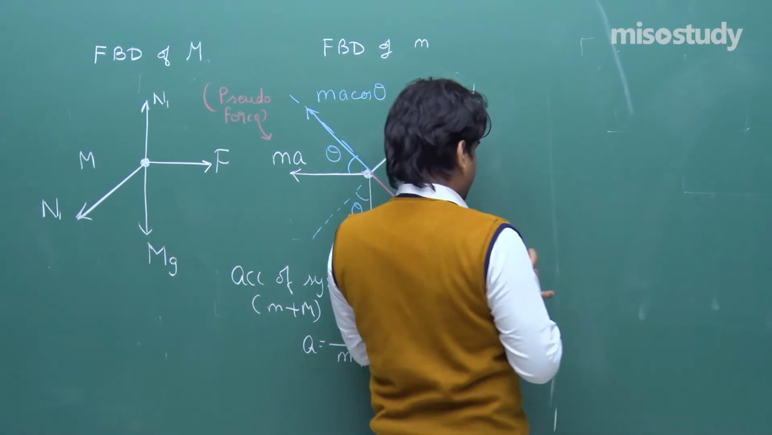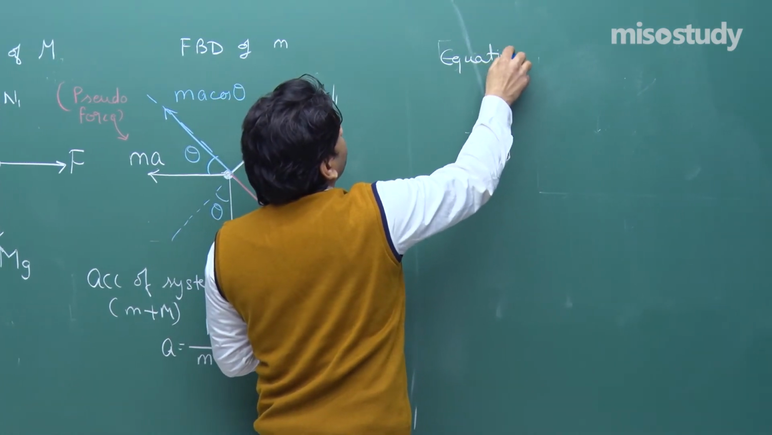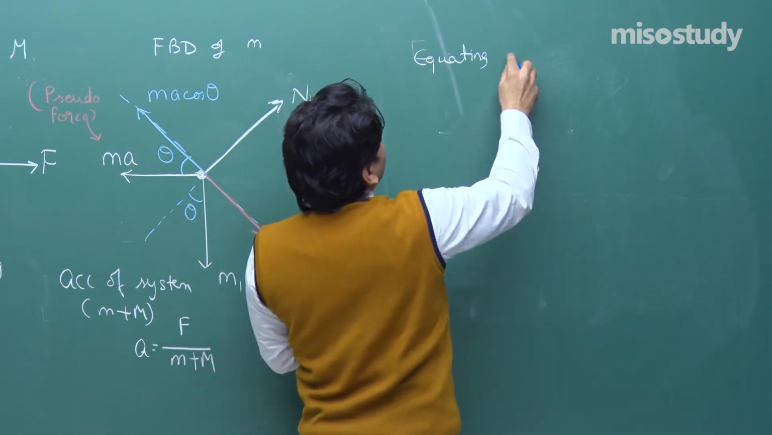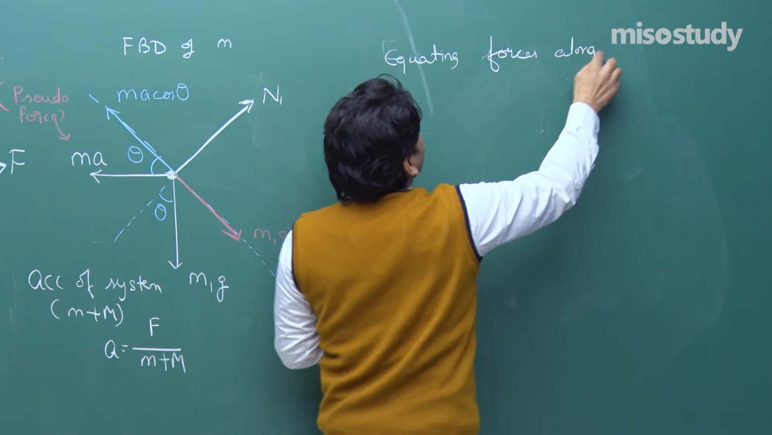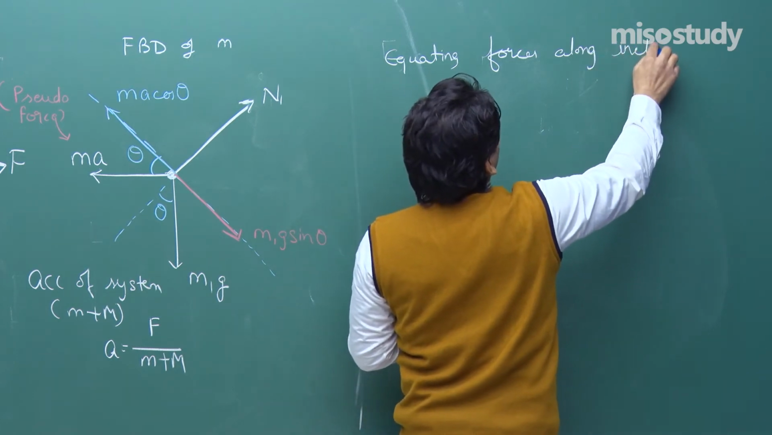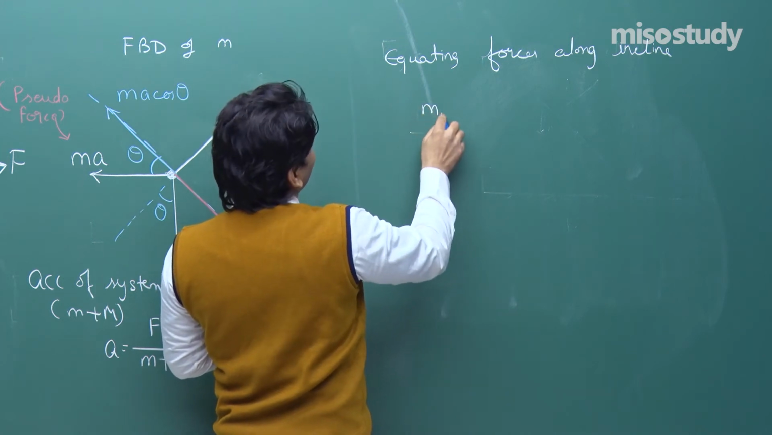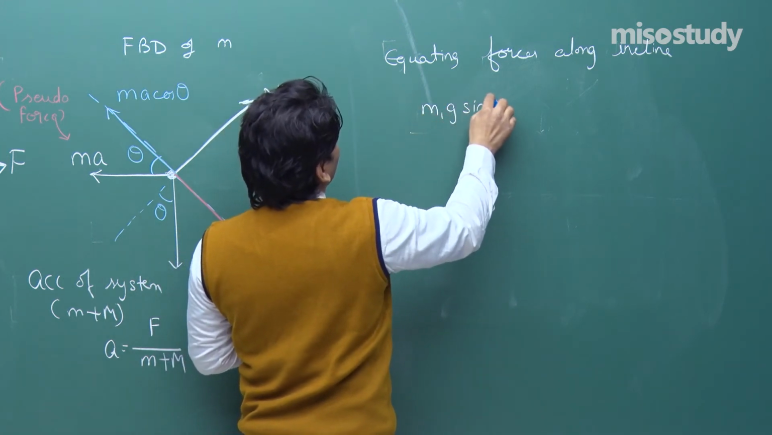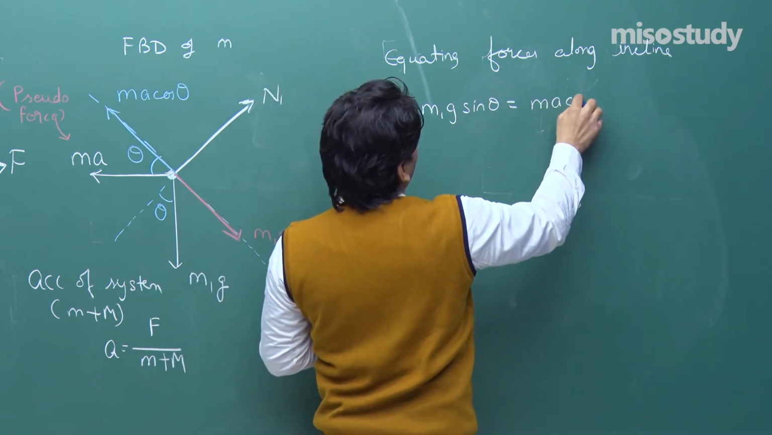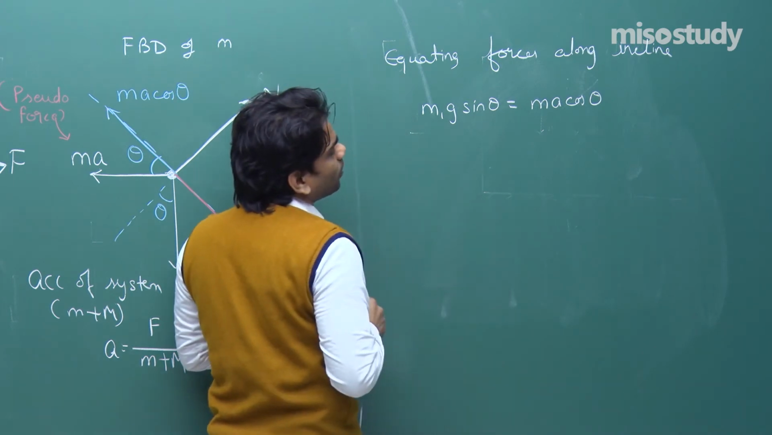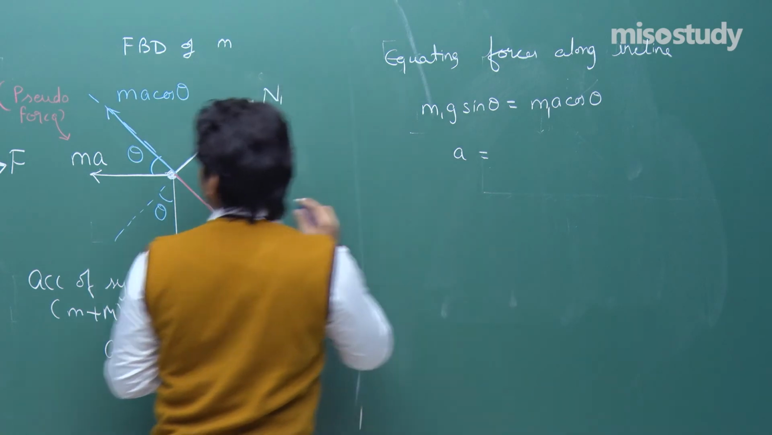So equating forces along the incline for small m, equating forces along incline, see what we are going to obtain. We will be having m g sin theta equal to m a cos theta. From here we are going to obtain a as